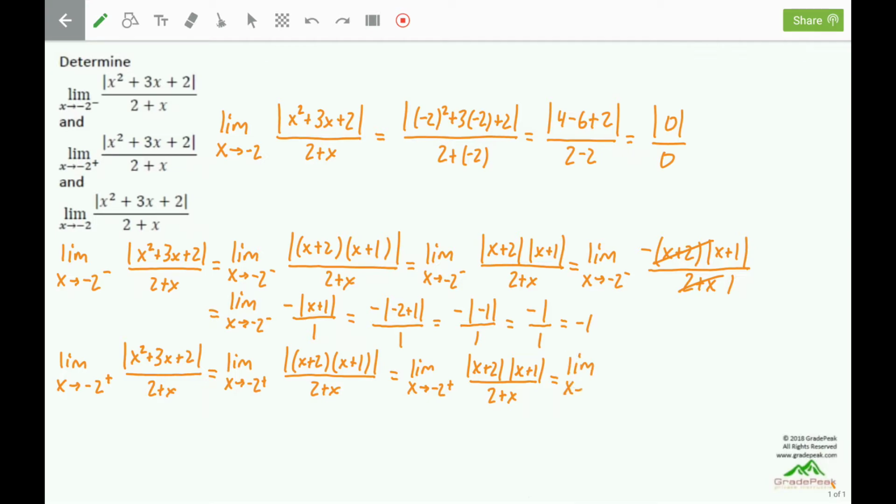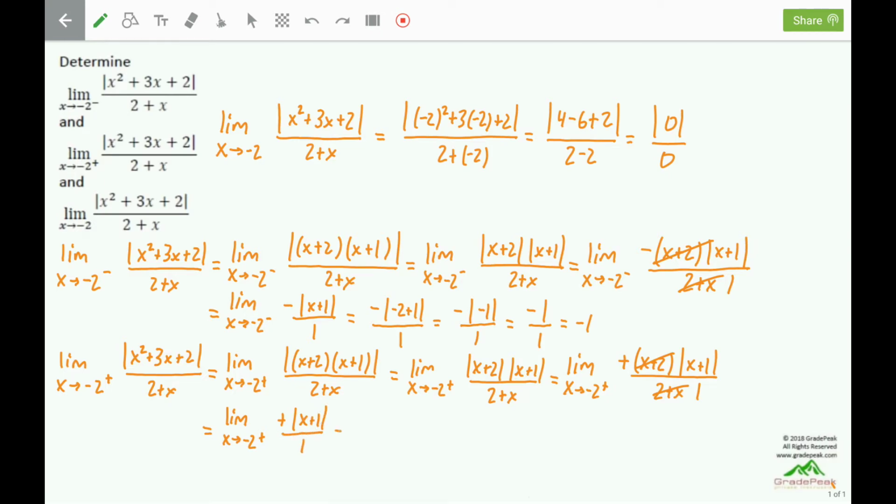And therefore, the absolute value symbols can be removed by putting a plus outside of it because it was already positive and we don't want to change it. The absolute value of x plus 1 we are going to leave alone because that is not making a 0 as x goes to negative 2. We have the 0 over 0 indeterminate form here, but the x plus 2 and the 2 plus x can cancel each other, removing the 0 over 0 indeterminate form. We have a 1 left in the denominator. So we now have the limit as x goes to negative 2 from the right side of the positive absolute value of x plus 1